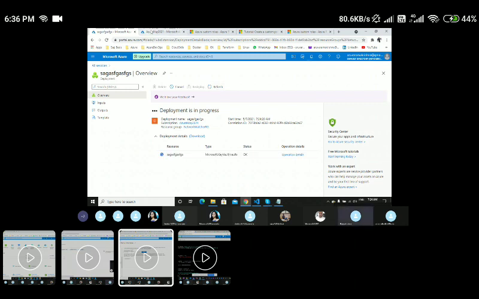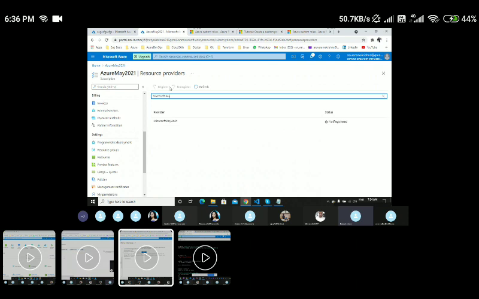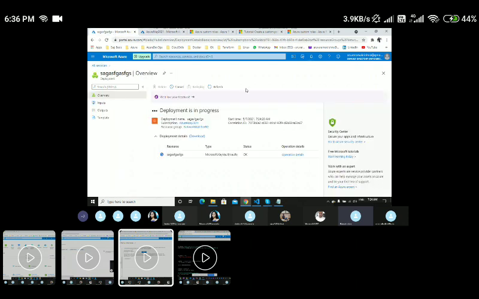Sometimes what happens is, I'm in a different browser, right? Earlier this browser might have some privileges. This will take some time to reflect the changes on a subscription level. So sometimes those types of challenges we might also face. So it is created now, so let me delete it first.